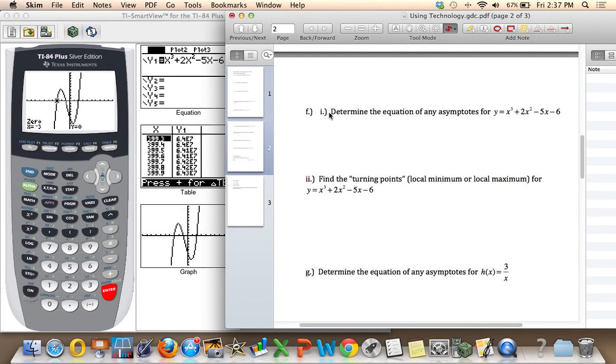In this next video, part F, they ask us to determine the equation of any asymptotes. There are no horizontal asymptotes here, and remember, with a cubic function, you can always put in a higher x value. Yes, that function is going to increase, but you can always put in a higher x value and a higher